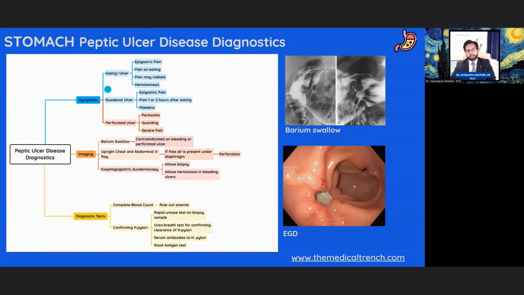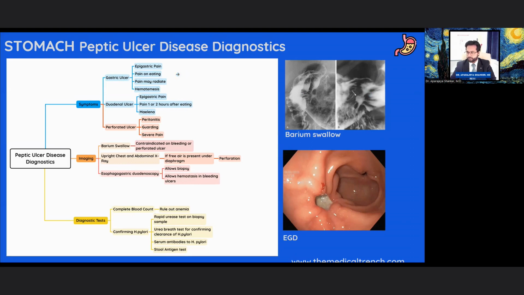So in terms of the symptoms, the only difference between a gastric and a duodenal ulcer is the fact that there may be pain after eating. And so duodenal ulcers always come after eating, whereas epigastric or gastric ulcers come when the patient tries to eat anything, right? And the important thing for you to understand is not just the fact that this patient has a peptic ulcer, but also if this patient has a perforated ulcer, because perforations and bleeding are very common, and perforation is a little more dangerous than bleeding. And the reason for this is because there is a direct communication between the peritoneum and whatever is inside the